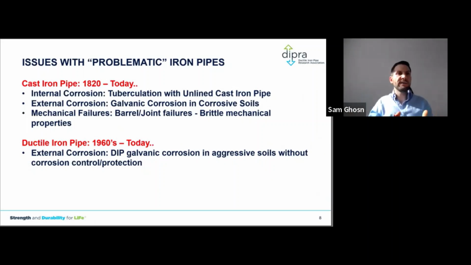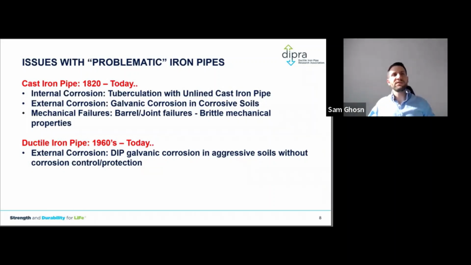External corrosion, obviously, Uncle John, when he installed pipes in 1800, did not worry a lot about corrosion. Today, we want to make sure the investment we put on a pipeline today will bring us a return for 100 years of service. So that's why in the 1960s, 70s, all the way to the 80s, corrosion studies were evolving, and there was a lot of research happening in the corrosion space. Today, we know how to protect iron mains. We know how to provide 100 years of service for utilities and pipeline owners.